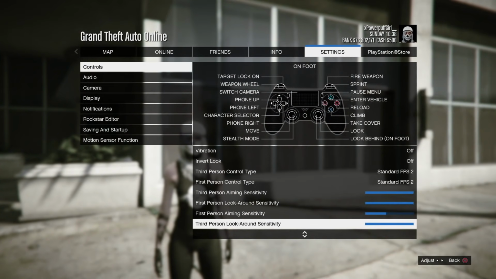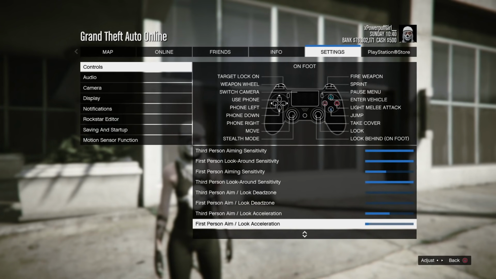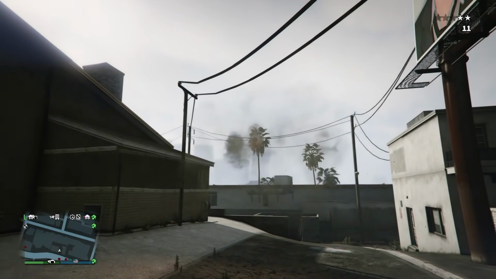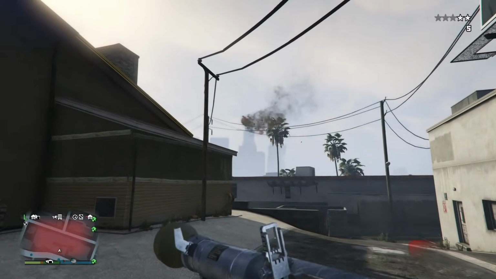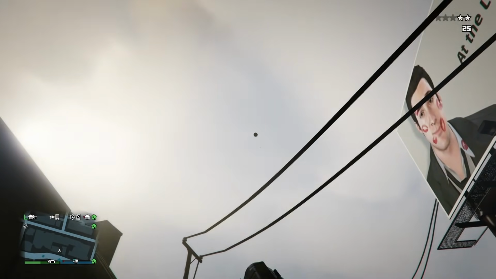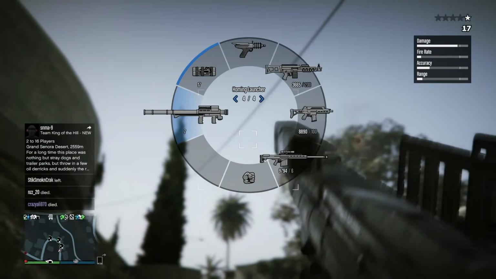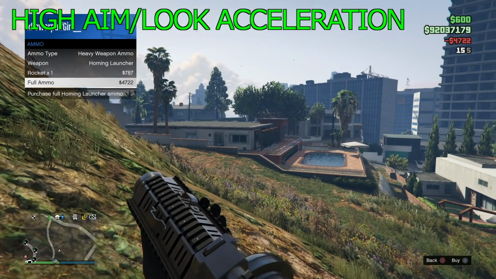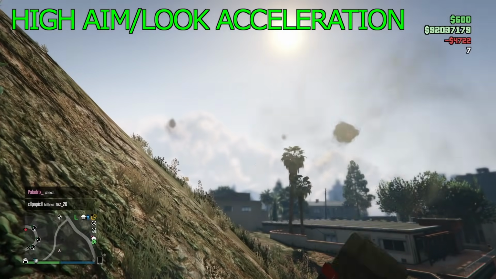So for spamming rockets or grenade launchers, or even your heavy sniper, if you're into that, this is the go-to setting for spam, the look acceleration. It's pretty simple. The lower your acceleration is, the faster you can spam, as it doesn't mess with your aim. If you have this setting all maxed out, this is what your spam's gonna look like. And that's awful. The aiming is all over the place,